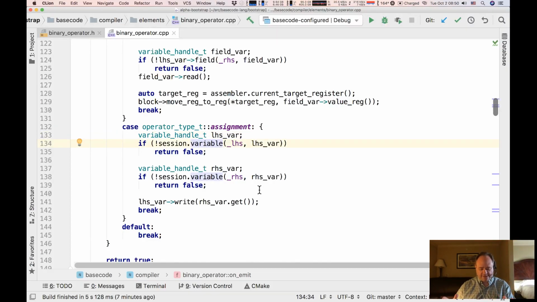So what I did was, on element, I used to have 2 different ways of getting to a compiler variable, which was just stupid. And so I moved all that to session, and